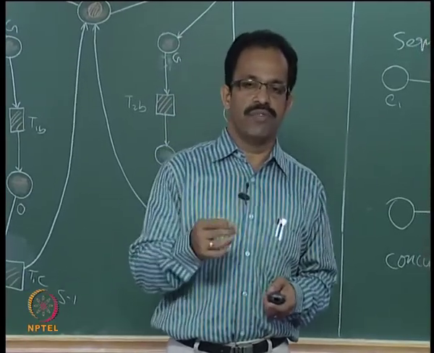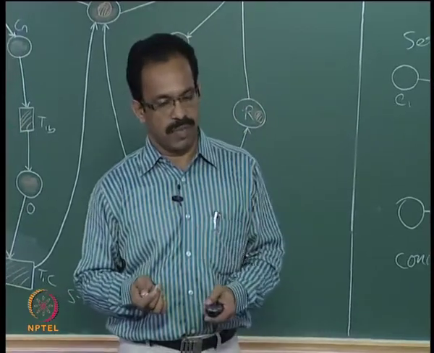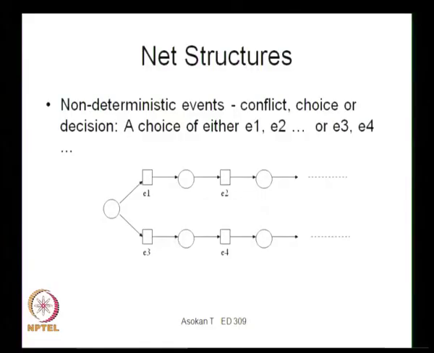So you can actually choose an event based on particular conditions. You can actually make a choice, and that also can be represented using Petri nets. So here you can see that you can go for E1 or E3, E1, E2 etc., or you can go for E3, E4 in that level also. So this also can be represented. In this case, if you pass the token, E1 or E3 can be executed.